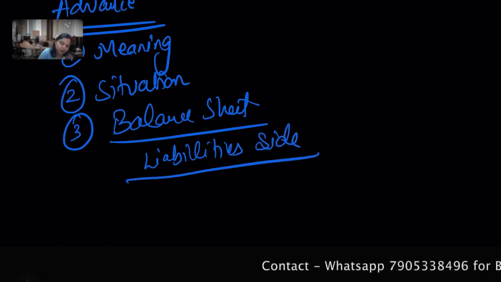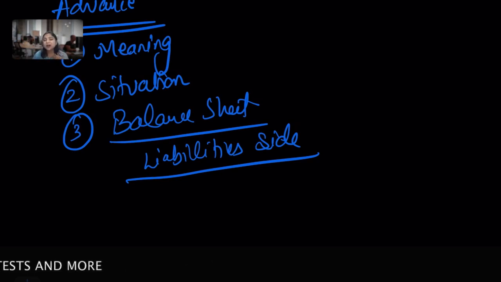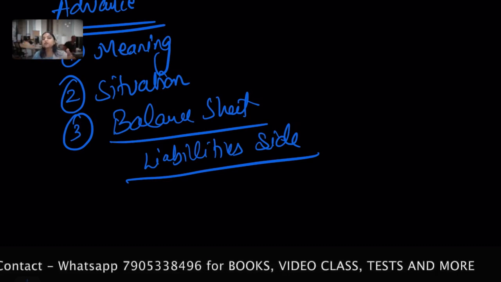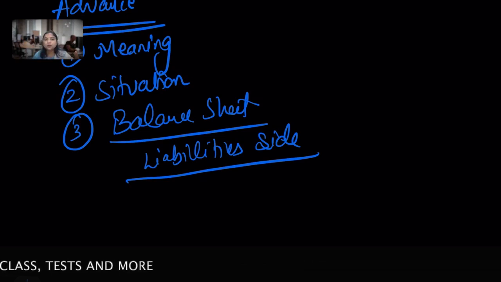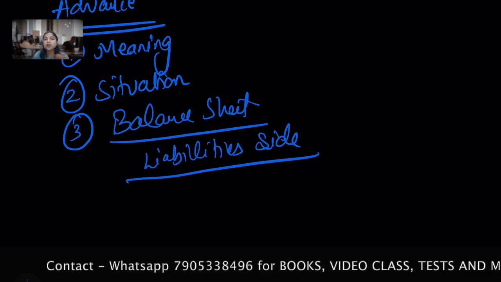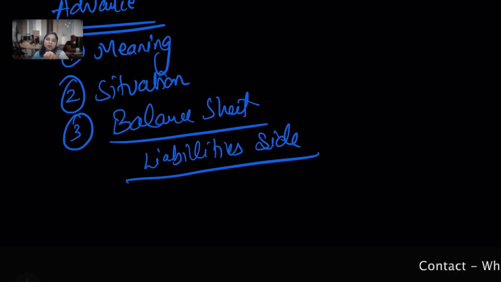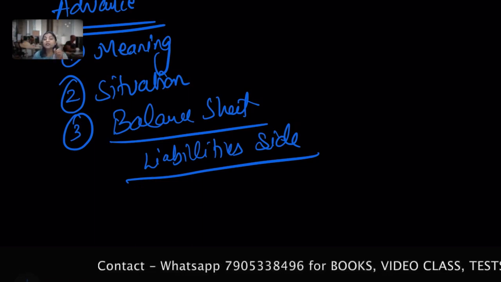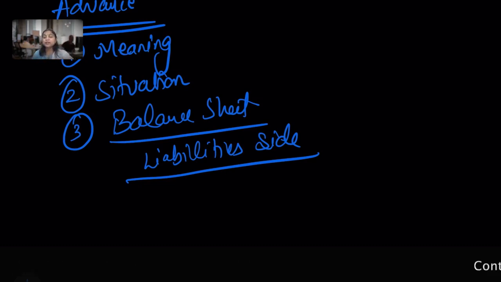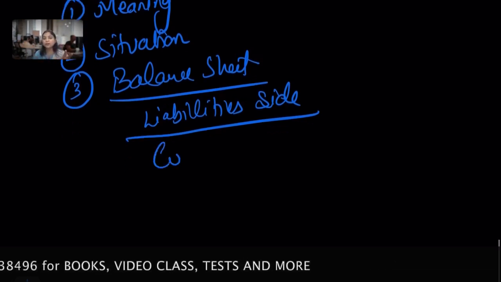Okay, so there is a need to prepare a separate calls in advance account. Why? Because I, being a company, on behalf of the company, being a director, didn't ask you, didn't call you to pay that, but you chose to pay. So now, being a shareholder, you pay me. That's why it's my liability. I'll treat it as an outstanding liability to the sundry shareholder, and that's why I treat that advance amount as a liability. So I disclose it as a current liability. Why current? Because whenever the situation comes, when I call it, it needs to be adjusted. Till then, it will be a current liability for the shortest duration in the balance sheet.